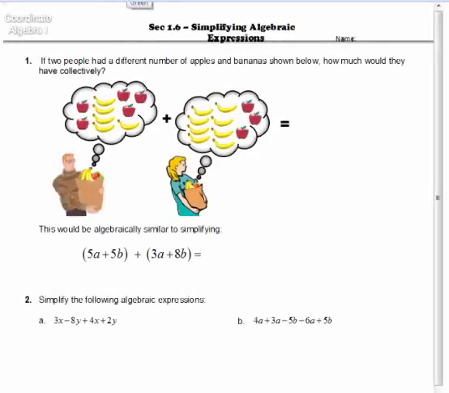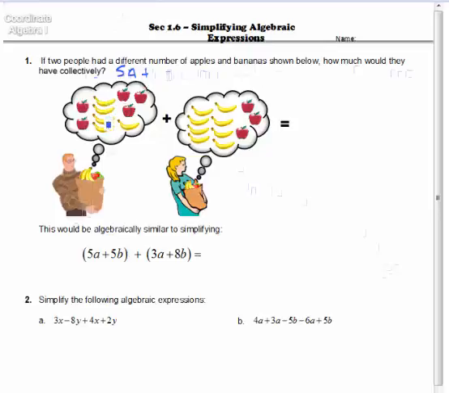In this section 1.6, we're going to be looking at collecting or combining like terms and expressions, and so I want to keep it really simple and think of it in terms of nouns. I mean, if two people, for example, had a different number of apples and bananas shown below, how much would they have collectively? So if you look at this carefully, this first guy has basically 5 apples,